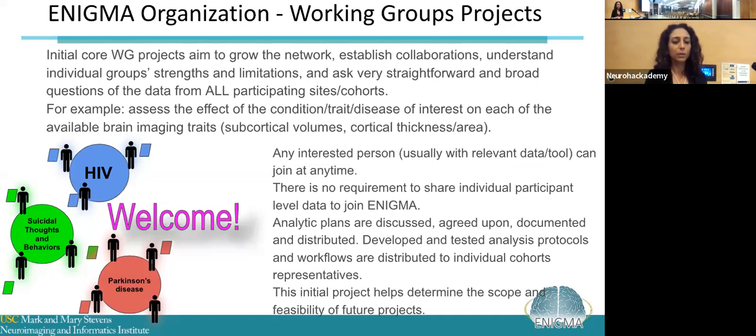And so this just really sets the stage for being able to ask more nuanced questions and finding out exactly how all the different studies were conducted, what additional variables they might have collected, whether, let's say, it was certain cognitive traits and certain neuropsychiatric batteries. What is it that we can really bring together across all these different sites? And maybe it's not all sites, but maybe we have to filter. So those initial projects that are very broad, those help determine the scope and feasibility of future projects.